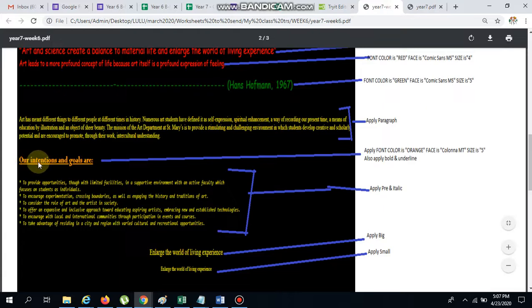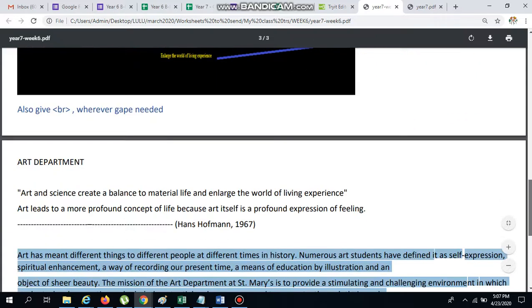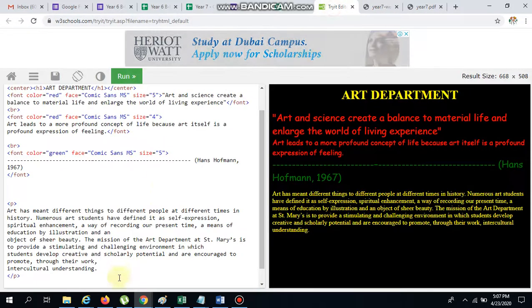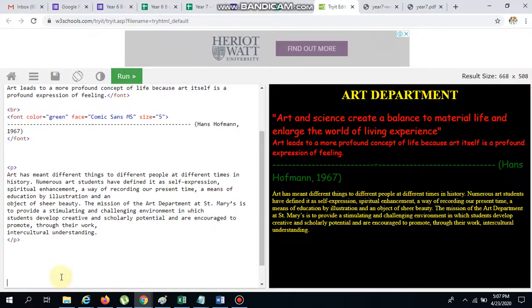It's written that our intention and goals should apply font color orange, face Colonna, then size 5, and also apply bold and underline. Okay, so I copy the sentence from the third page. I have to paste this after closing the paragraph P. Then here, what are the things I have to apply? I copy the font tags from the previous one.